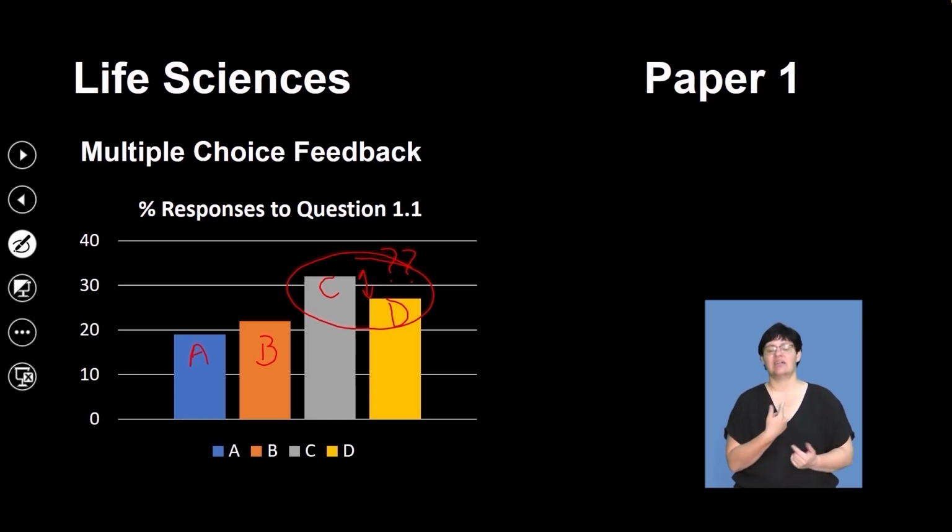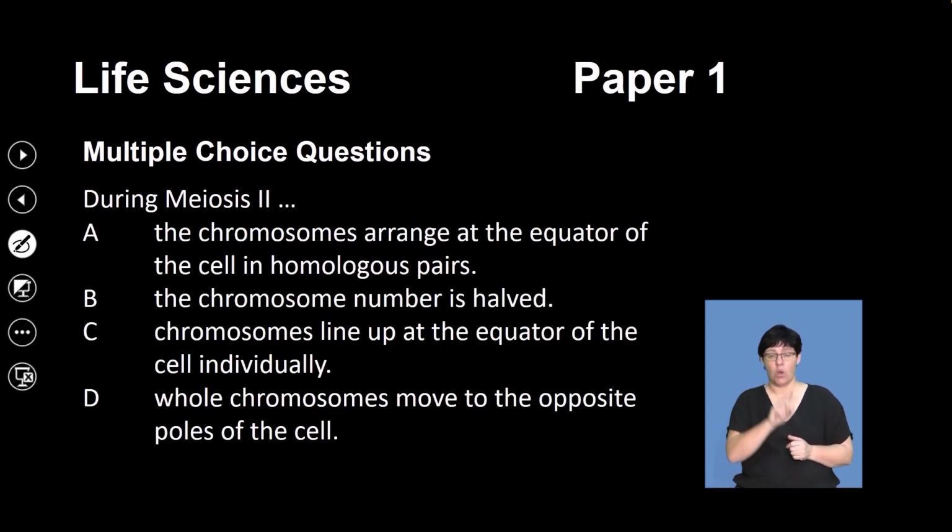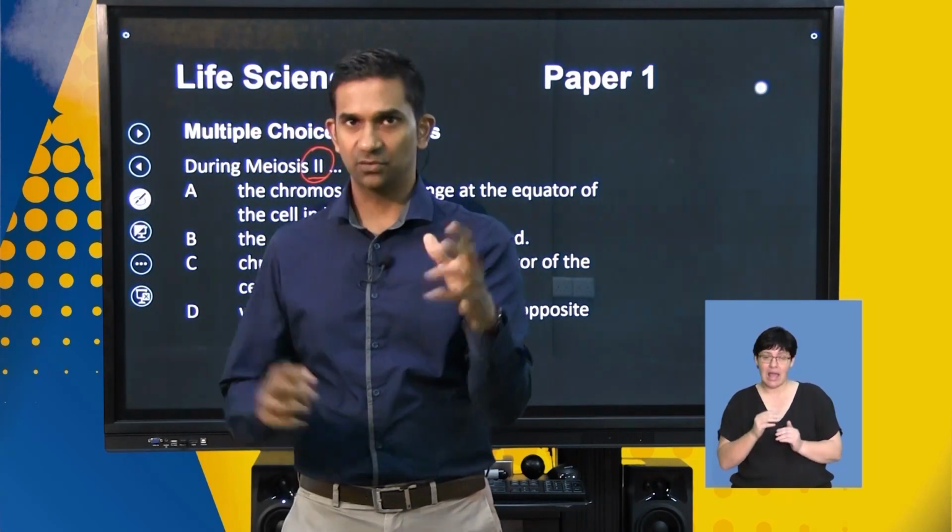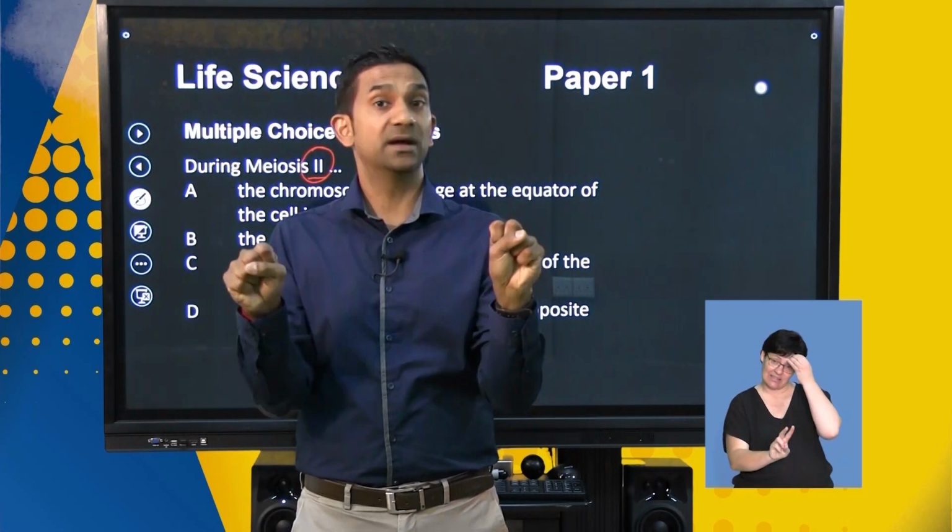So we've got to try and understand why there is a confusion, or why these two options are very similar. If we go back to the question, it reads, again, during meiosis 2. Now, during meiosis 2, there are a lot of things that happen, guys. And remember that meiosis 2 is the second phase of division where the chromosome numbers have already been halved, and